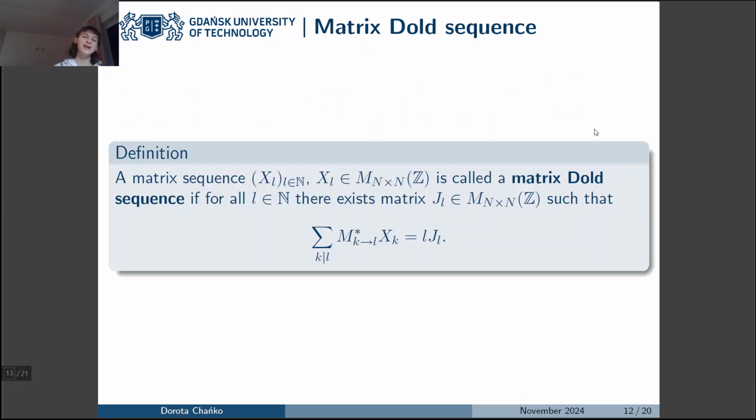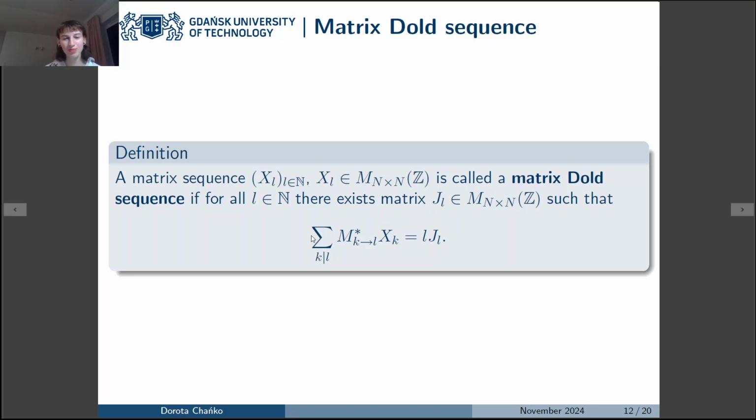Now we can define matrix Dold sequence. So a matrix sequence X_L, where the terms X_L are n by n matrices with integer terms, is called a matrix Dold sequence if for all natural L there exists some integer valued matrix J, which is n by n, such that